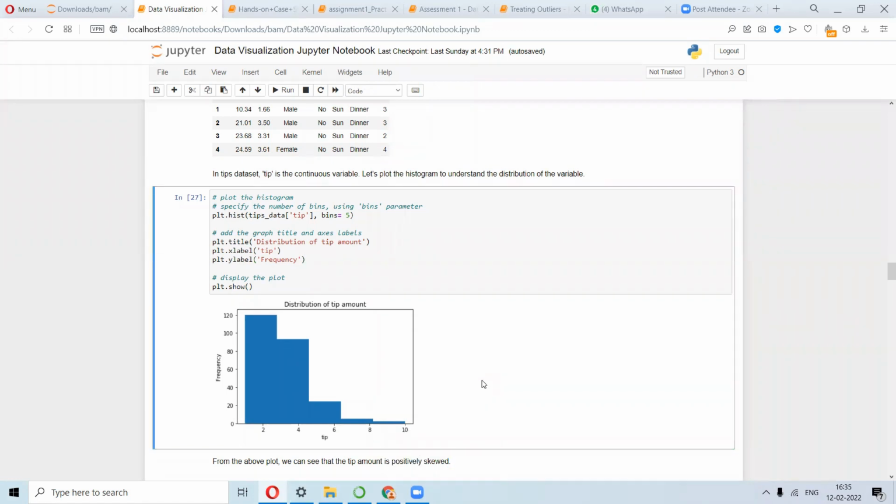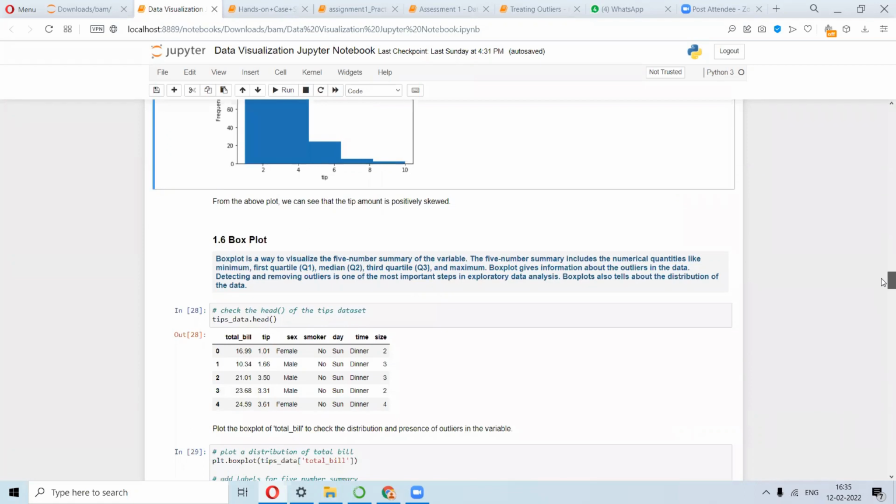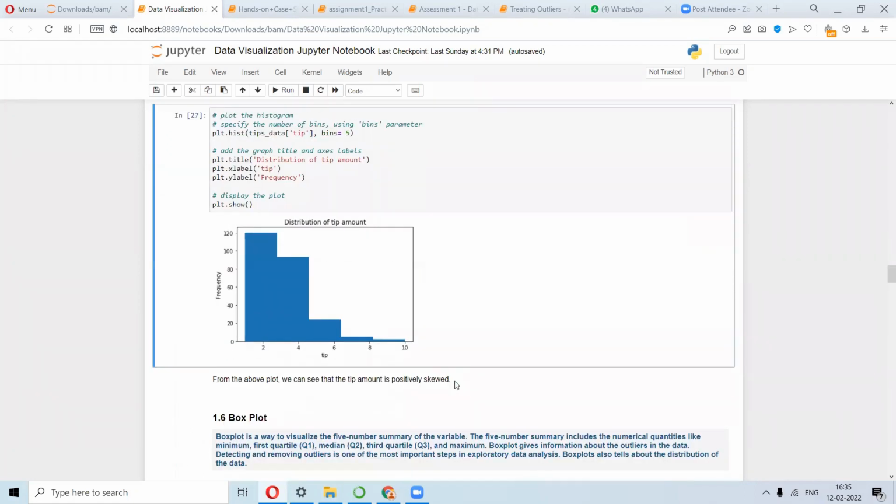So could you get this part? You know skewness, right? Of course. That is there in the statistics part as well. In case you want to recapitulate the whole idea, you can have a look into the statistics portion. Okay. So are we good? Are we clear till this part, till histogram?